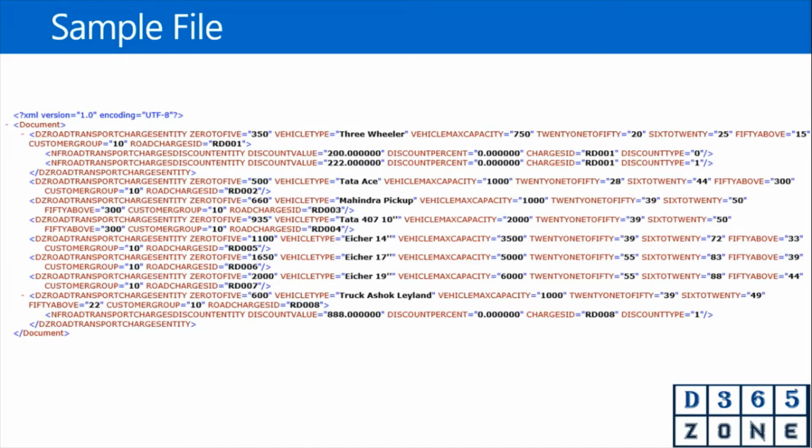So I'm going to insert into the staging table first, and from the staging table, I'm going to get the information directly into my target table. Okay, but no coding is required here. So no class code or anything. We are going to deal with everything using a concept called composite entities.